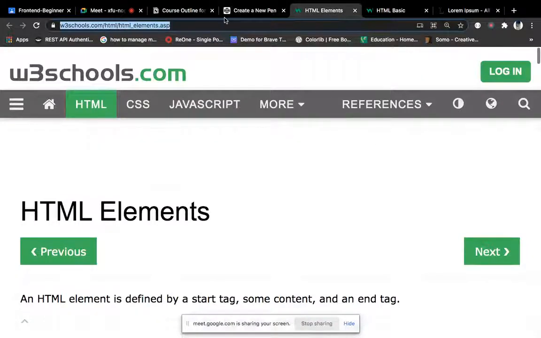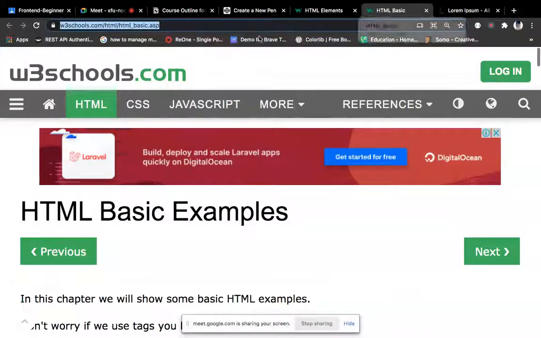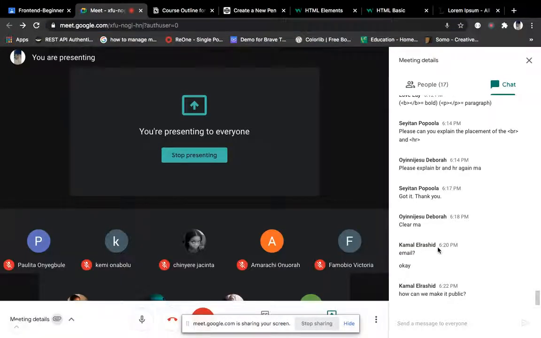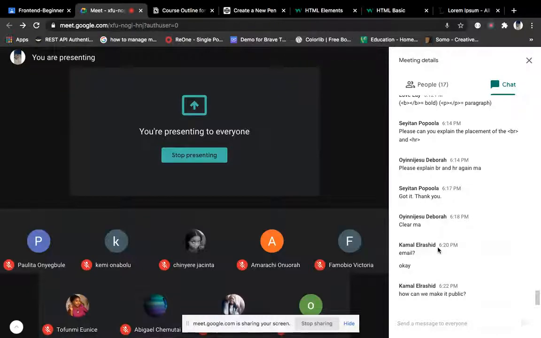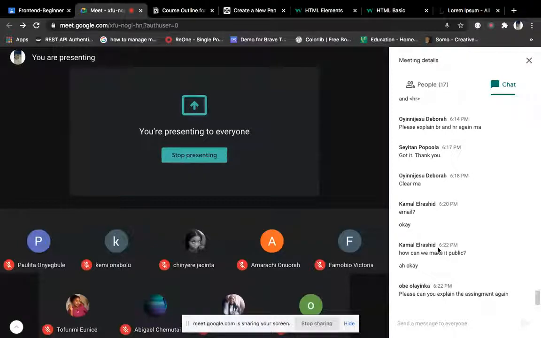Then we'll read up on this page that has HTML elements and read up on this page that has HTML basics. So I hope that is clear. Oh, by default, any pen you make on CodePen is public. By default, it is. It is actually very easy to use, so you would definitely see it. Okay, the assignment